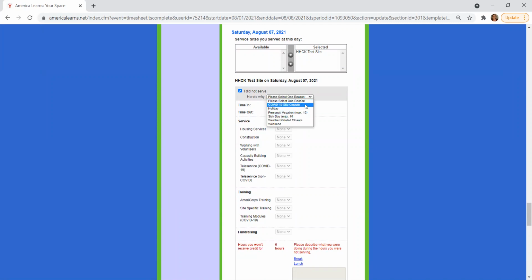So COVID-19 site closure, if your site closes down and you are not able to teleserve,